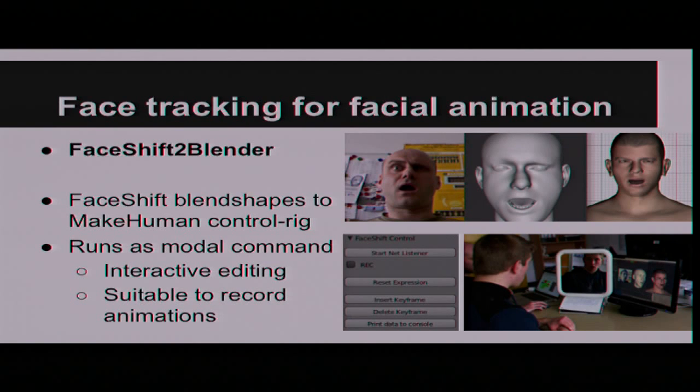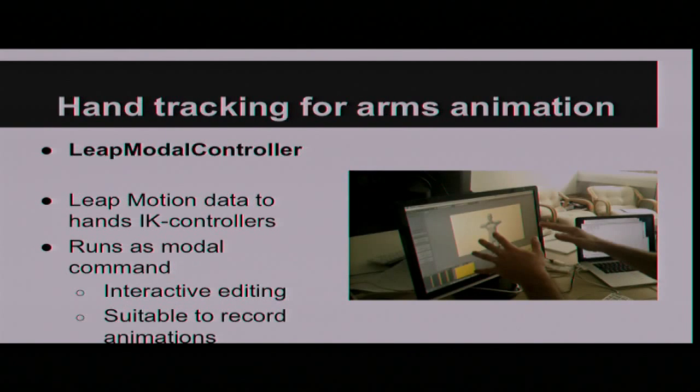So the first module, basically, as I told you, is to use your face to drive directly a Blender character that you see on the upper right corner. It's a live mode. It is suitable also to record animations. So you can record, see in real time your facial expression reported in Blender and record the animation. We use the Leap Motion, as I said, for two things: to capture the motion of your hands and also to position objects in space.